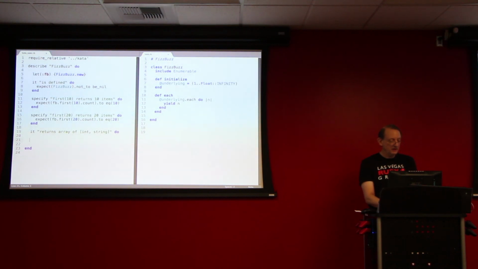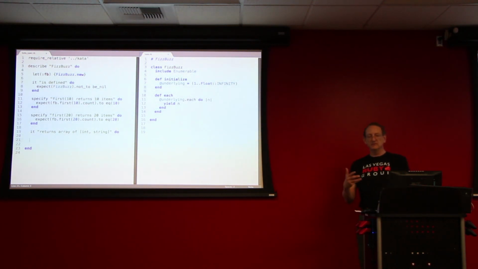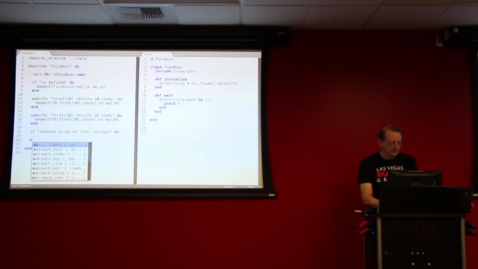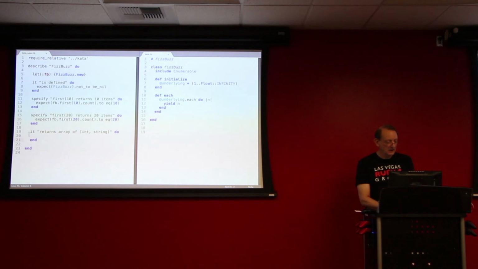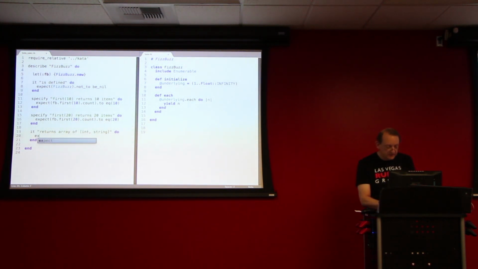That way we'll be able to see what the number was and then what the string was, which should either be, if appropriate, Fizz, Buzz, or FizzBuzz. Okay. And so what I'm going to do here is I'm going to look for an exception. So I'm going to expect that